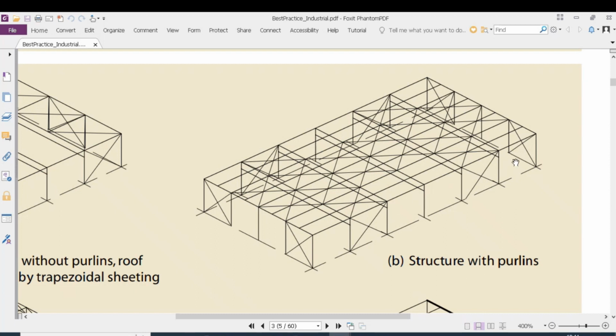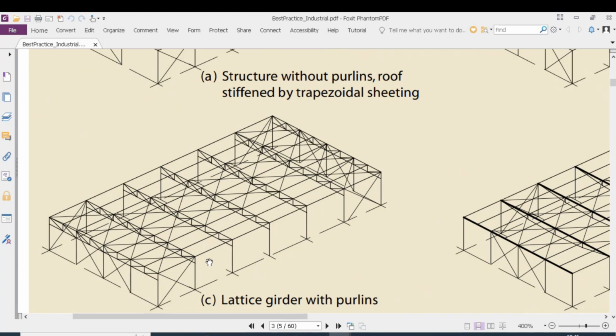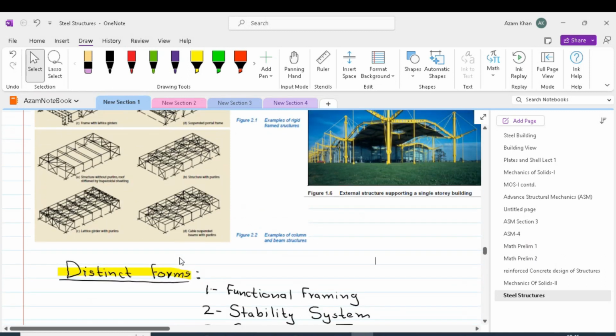It is noteworthy that only the bays which are at the boundaries are braced in the in plane direction of the simple frame. In the case of truss structures, we can also have braced bays in the plane of the truss frames, and the braced bays are provided at the boundaries of the structure. The types of frames discussed in this picture can all be called distinct forms of a single space